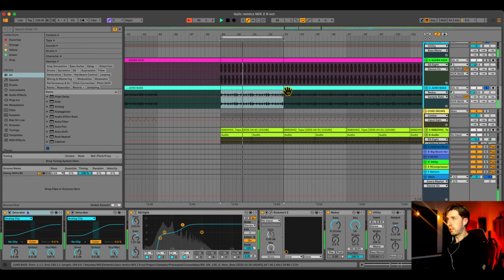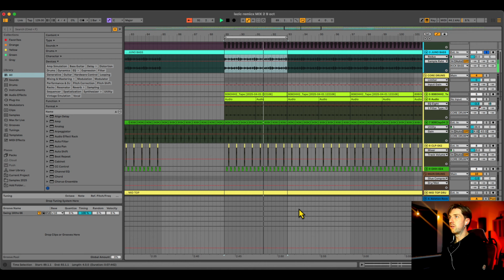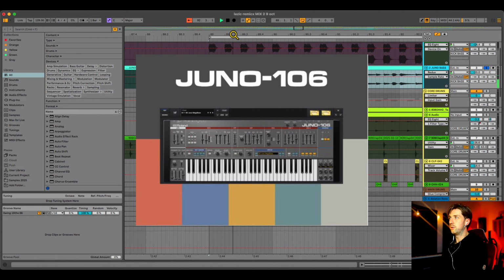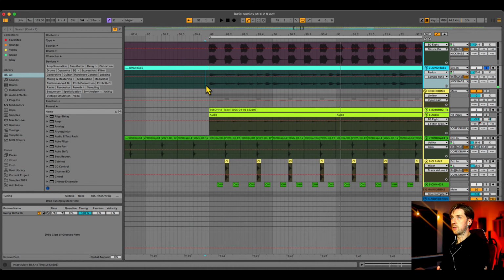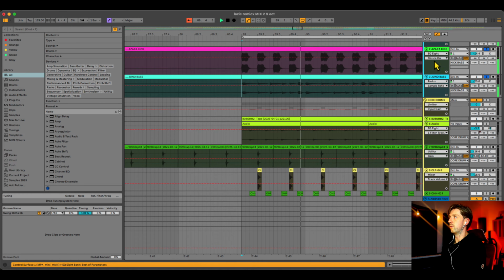So here's the bass. We'll start here. So basically, I wrote this bass on the Juno plugin, and I always personally go into audio. I like to look at audio. With MIDI, you can flick around too much. With audio, you are committed to the outcome. So I just like to have it in audio. If I want to change it, I can go back to the MIDI and change it. But here I just literally put it into audio, and I got this sort of